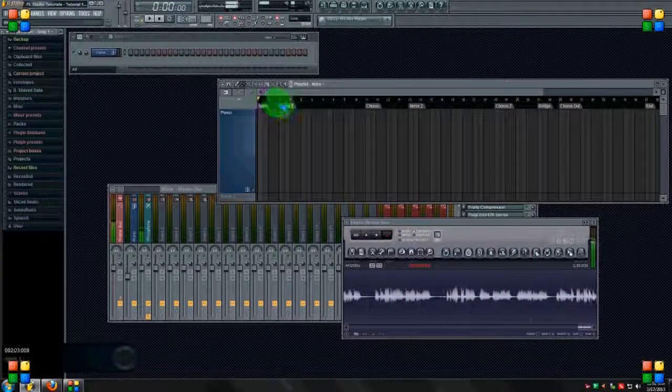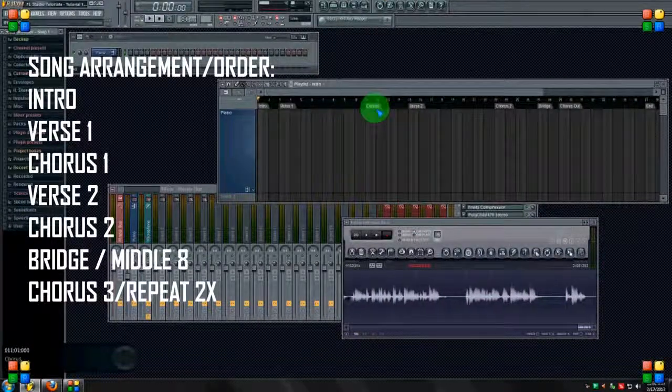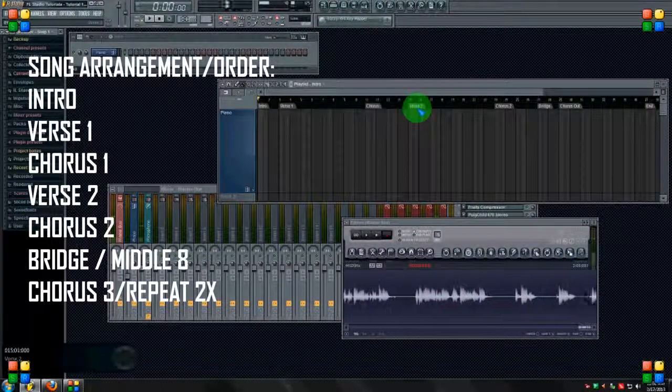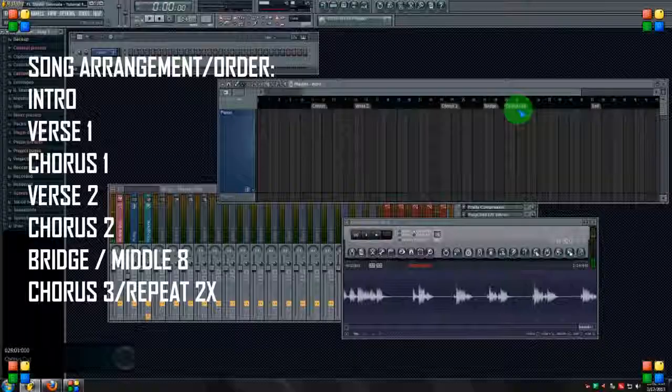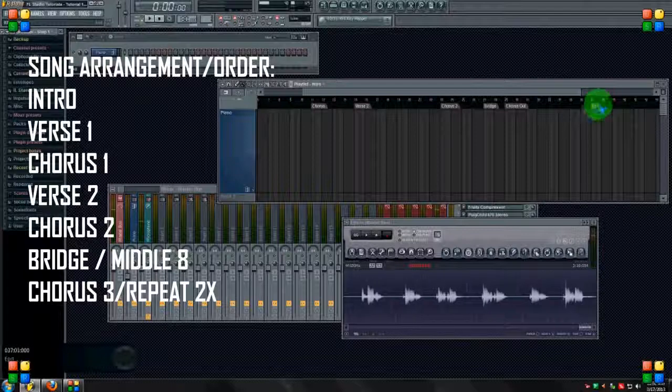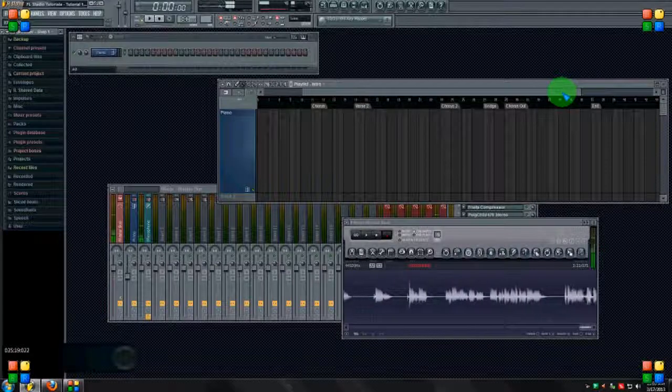So I've just done this to kind of start laying out a song. I've got an intro, a verse, chorus, verse 2, chorus 2, bridge, chorus out, and the song ends right here. All right, so this is just like a standard radio pop arrangement,